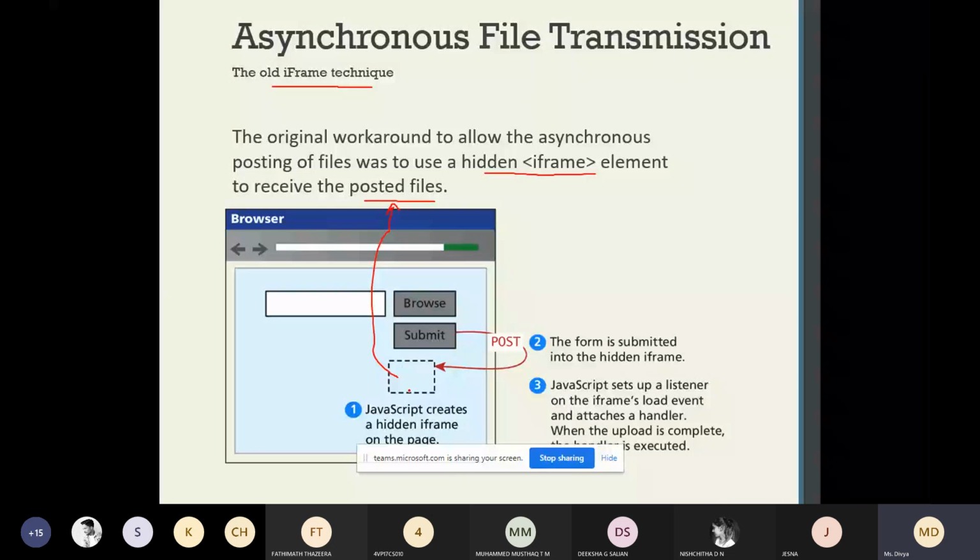Here there is a JavaScript that creates the hidden iframe, and the form is submitted into it. When you submit, the JavaScript sets up a listener on the iframe load event and attaches a handler. When the upload is completed, the handler is